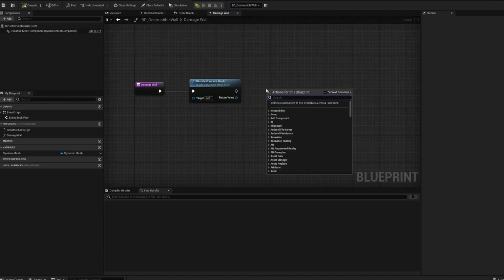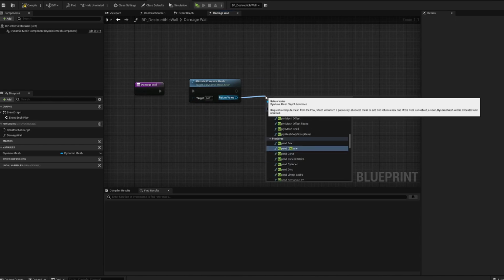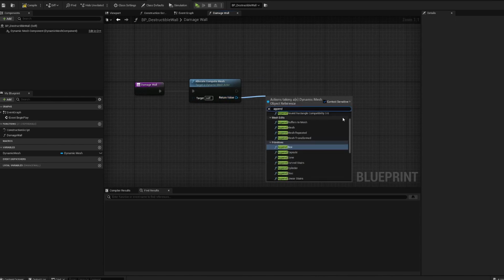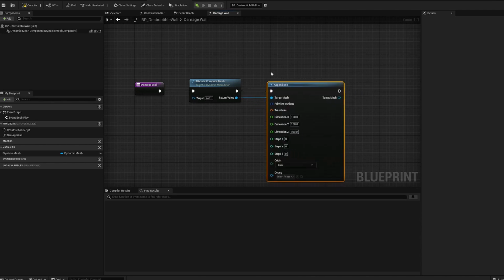To that, we're going to append a box to keep it simple. You can do other shapes. Let's do a box. Actually, I might do a loop that mashes boxes together to get more of a random star shape so we can get some sharp edges. And ideally, you could even do pre-made destruction shapes, because if you pre-make them, it's more performant instead of having to randomly calculate where these boxes are going to be. So anyway,